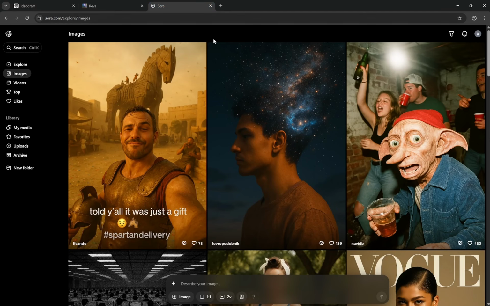So as you can see, the images are ready. There was one error, so I retried it, but it is the same prompt. Now if we look closely, this looks actually amazing. OpenAI has literally done an amazing job creating this model. But then if I compare it with Reve,